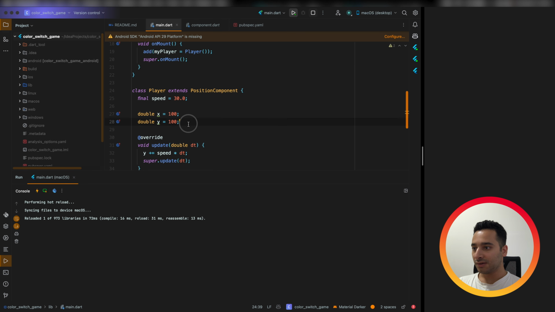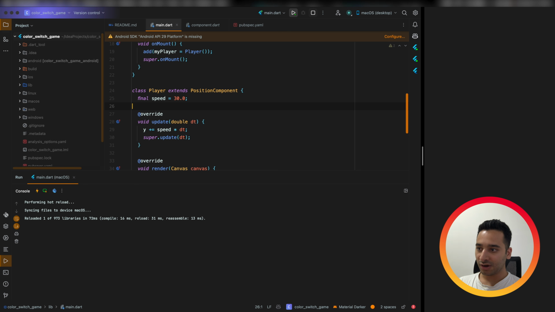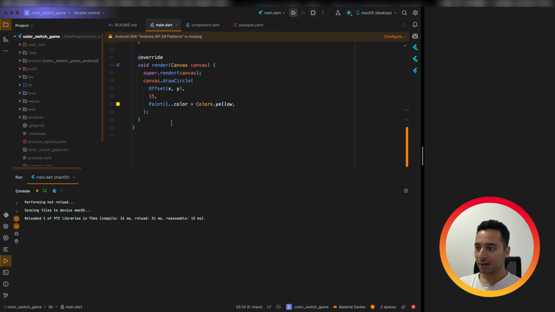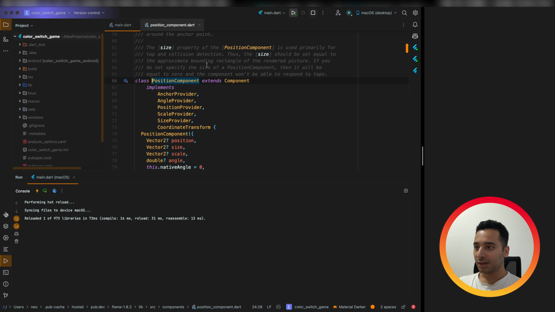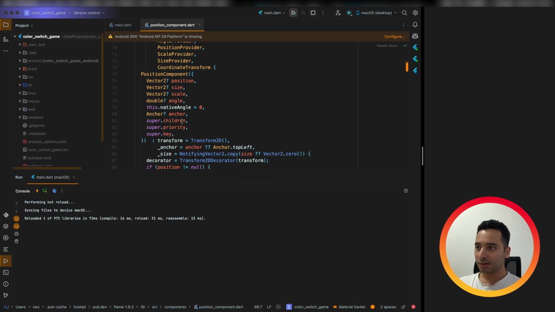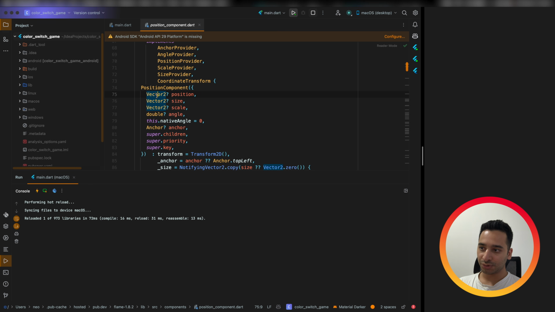So in this way, we don't need x and y variables anymore, but we need the speed here. And the position component has a variable called position. It is a vector2. So let me explain what the vector2 variable is.